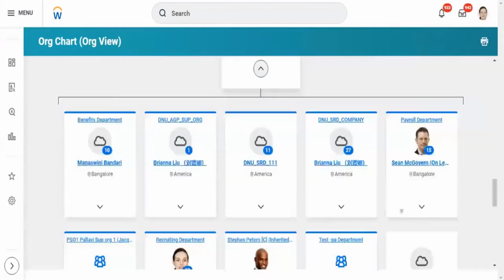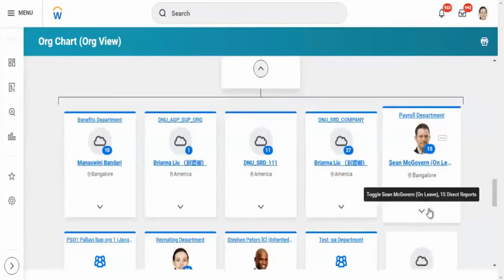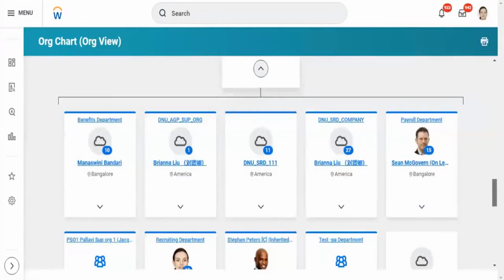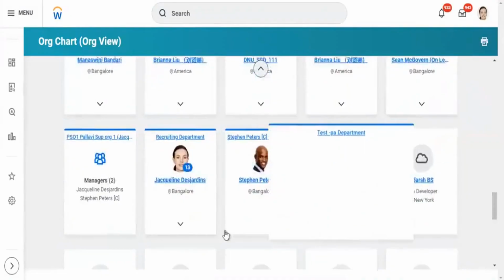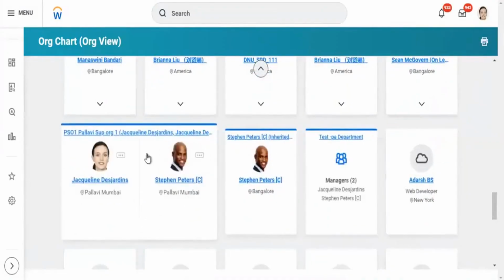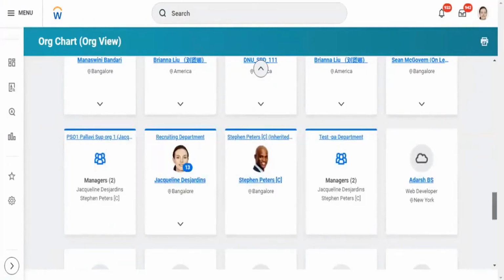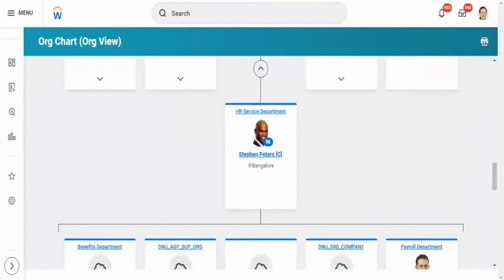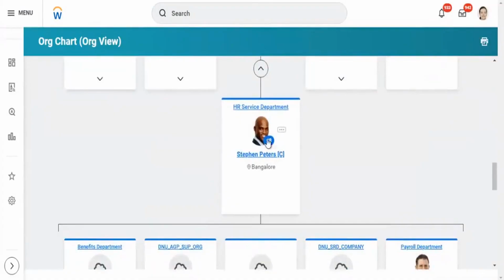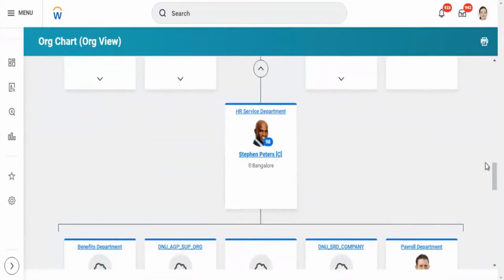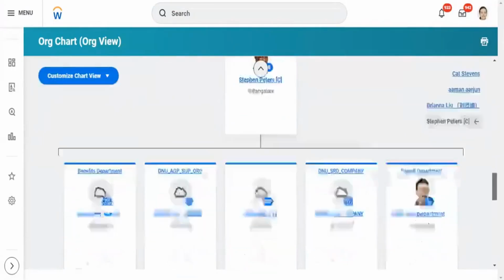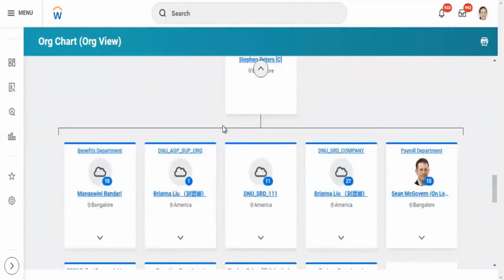This is a training tenant, so you might not be seeing something accurate, but in a general scenario, this will be the scenario. You can see many managers. Here you can see Stephen Peters, who is managing the HR service department, is managing all these people.